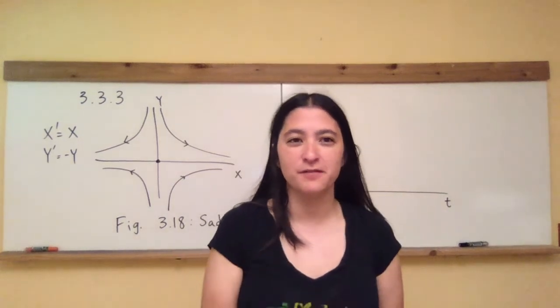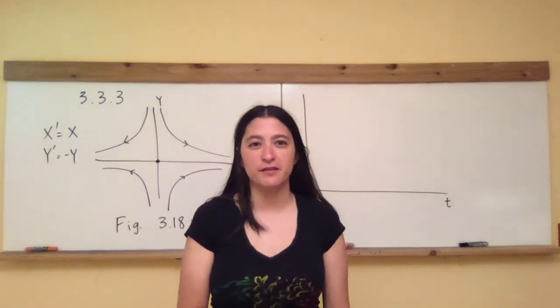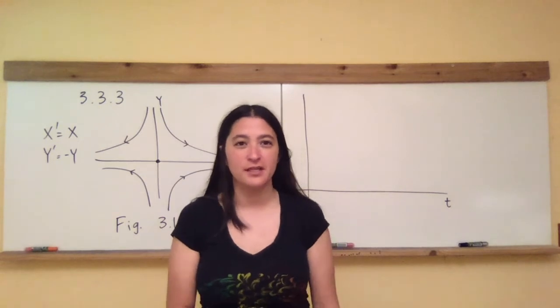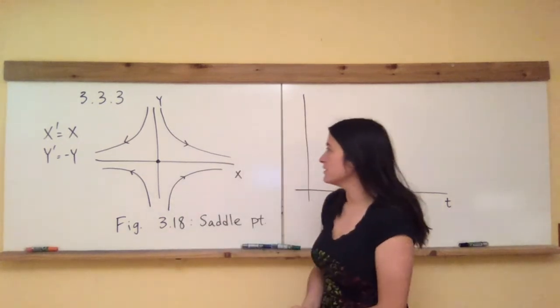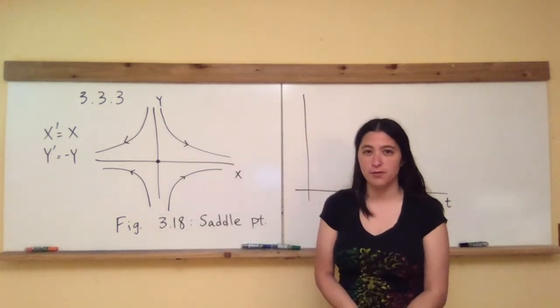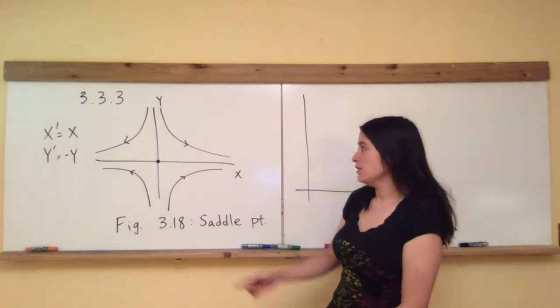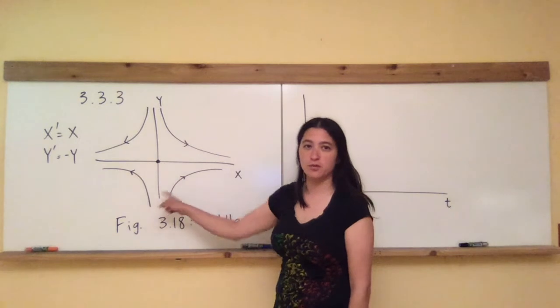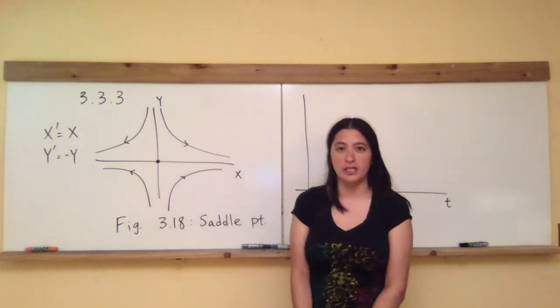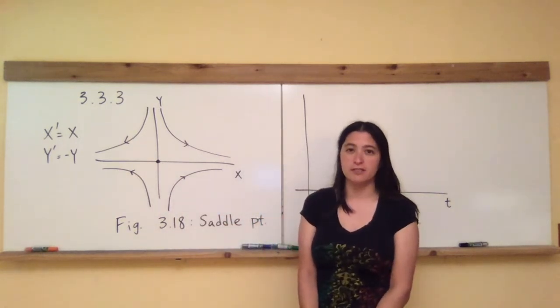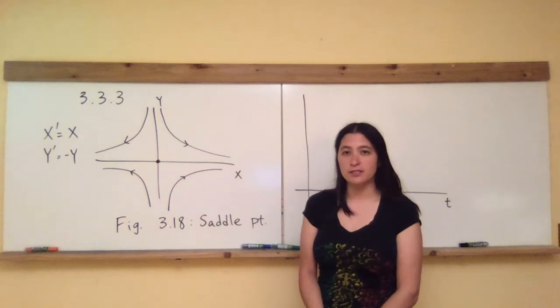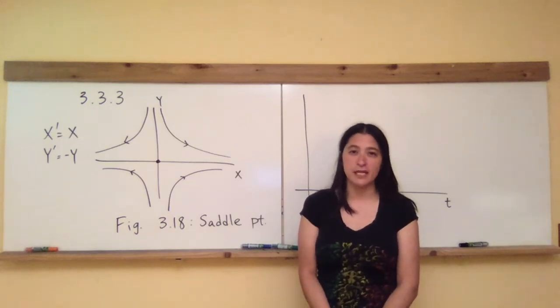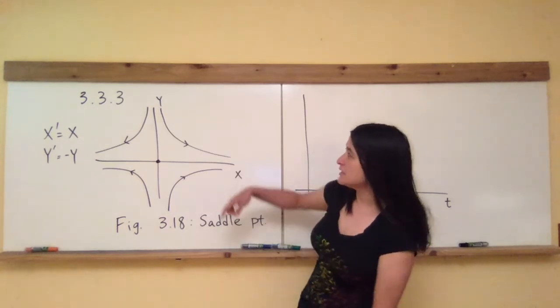Hey, here's a little video for question 3.3.3 from the book. In this case, we're introducing what's known as a saddle point in two-dimensional systems, where we have an equilibrium point at the center here, and pictured in each quadrant is a typical type of trajectory and how it would behave around a saddle point. A saddle point is a two-dimensional mixture of stable and unstable,